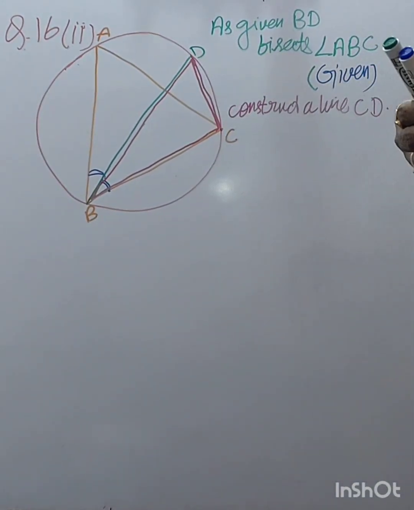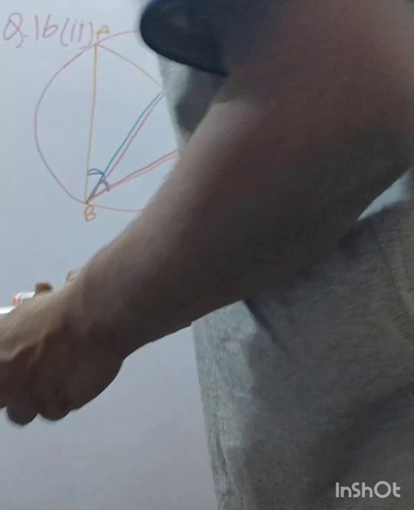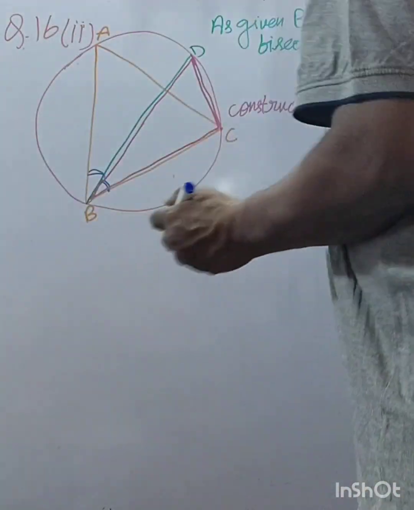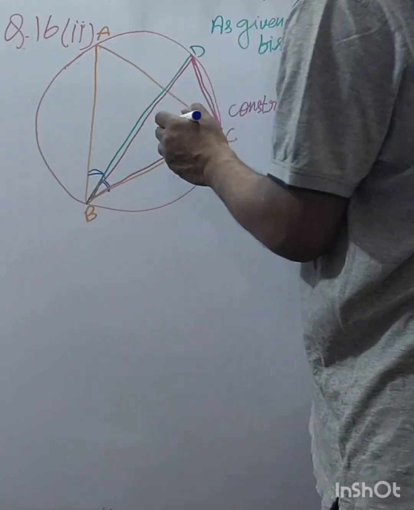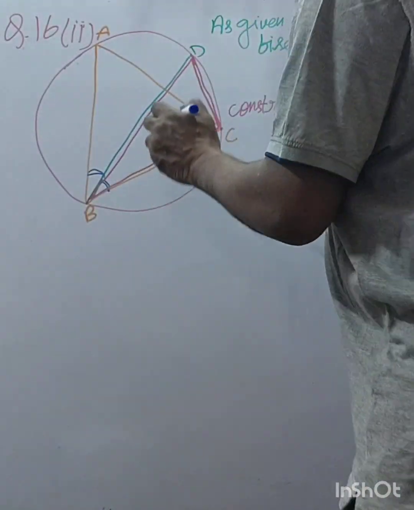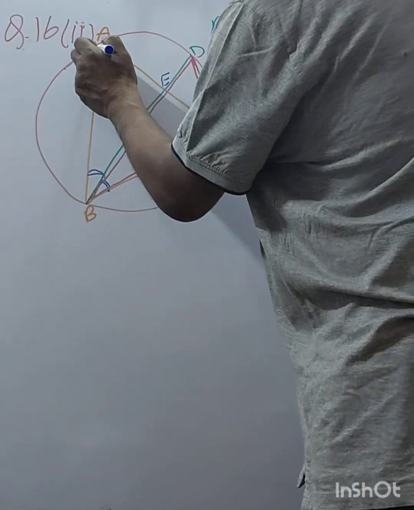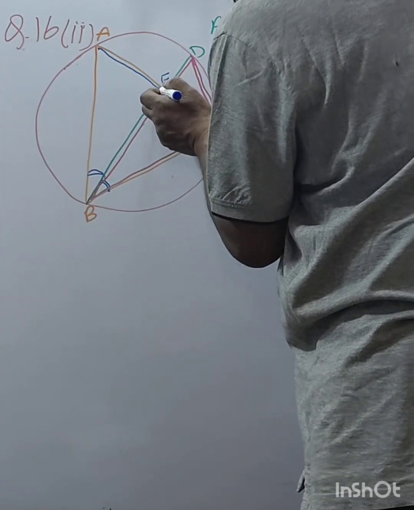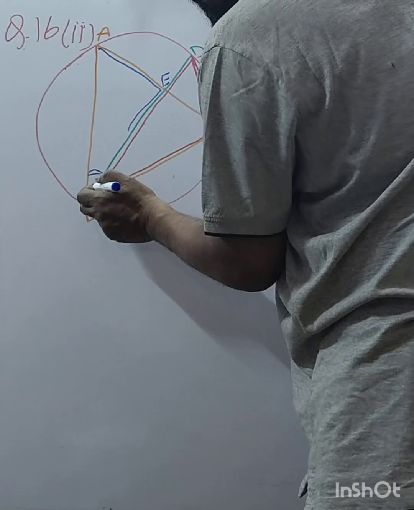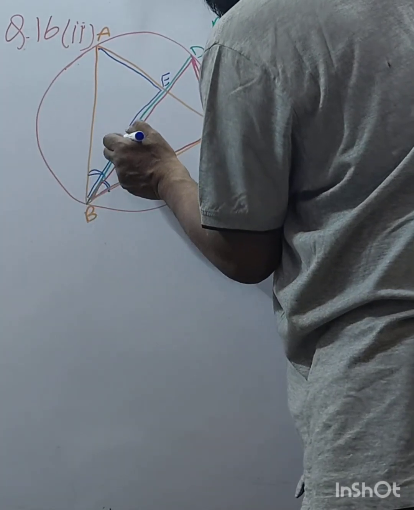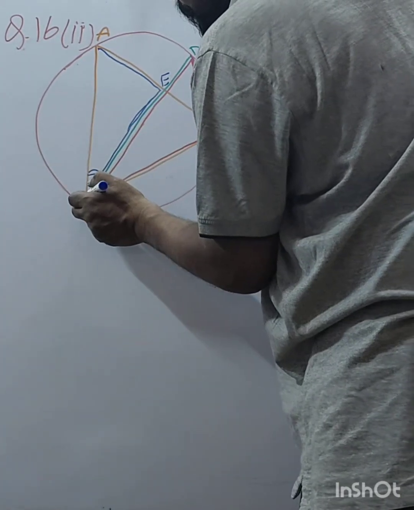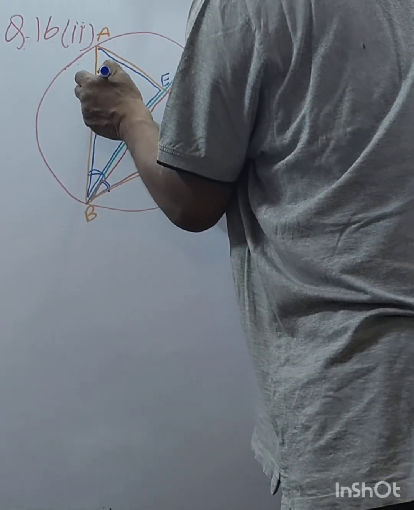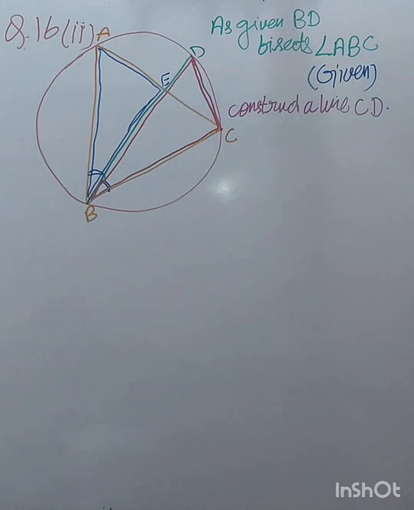Angle we will take. Another triangle we will take this. The intersecting point is called E. This is E. So one triangle we will take this. That's why I have come to make a diagram, for better understanding. Otherwise, I was thinking you would do it on your own. But this is the trick, you know. These two triangles we take into consideration.